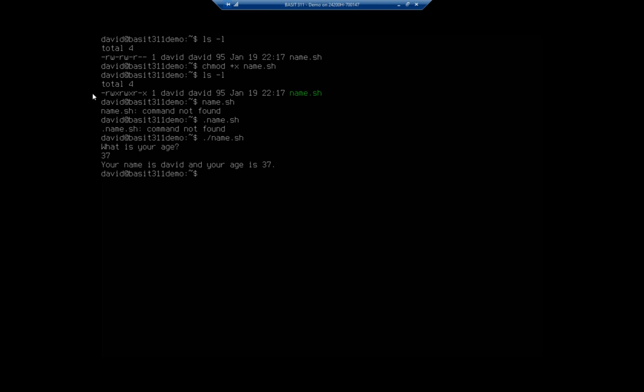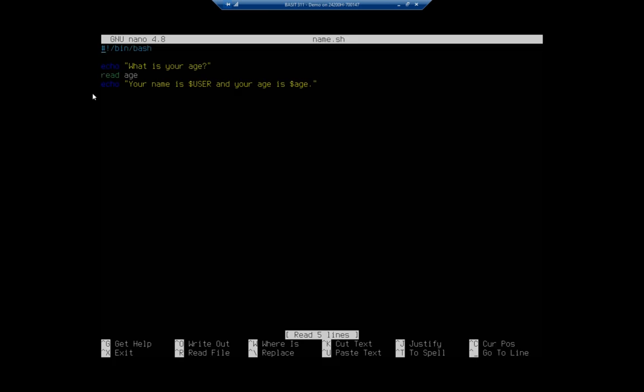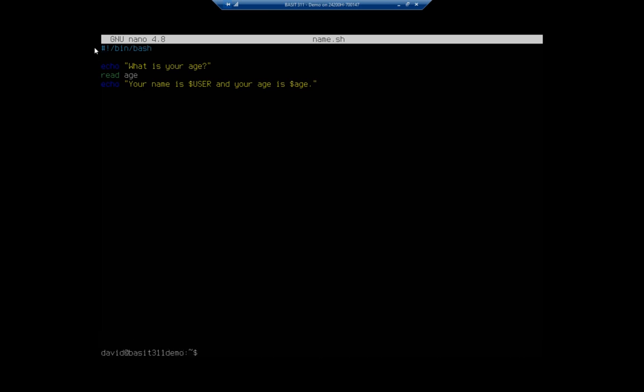So key things, remember, you need to enable the execution. You either need to put them in a place where bash is going to look for shell scripts, and I tend to not like to do that. I tend to try to keep mine separate. So I need to specify the path to where they're located. And then the other big thing is, let me rerun my nano, is just a list of commands that I want executed. And I start out with this, which says execute this using the bash command interpreter. Okay, there we go. That is your introduction to writing basic